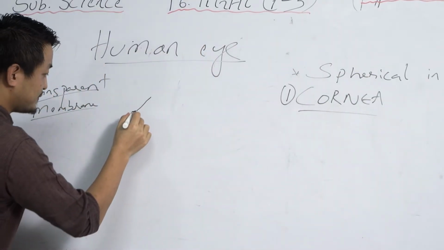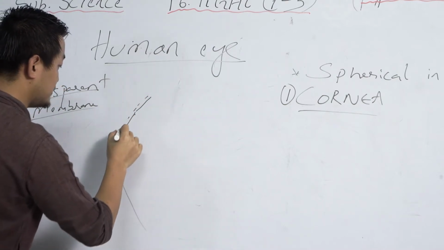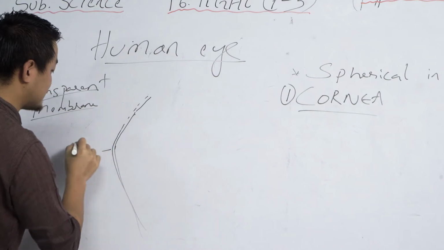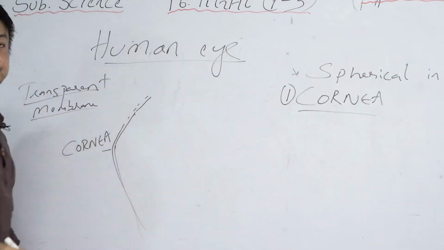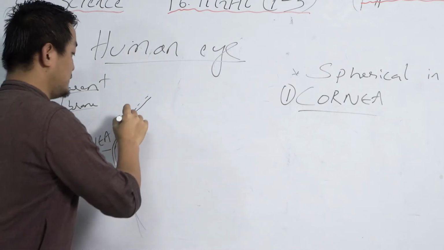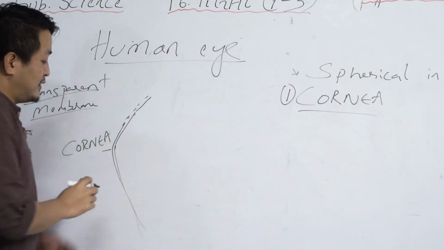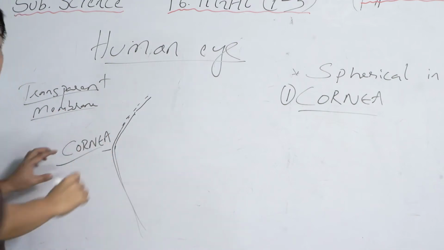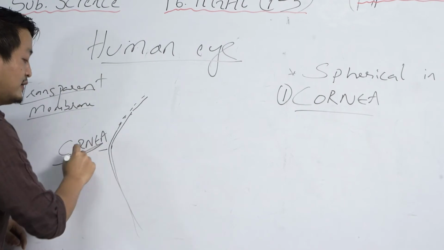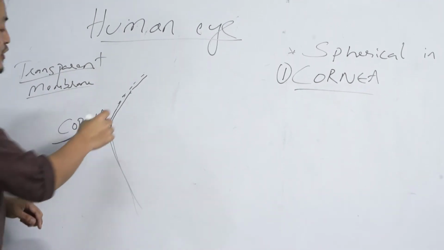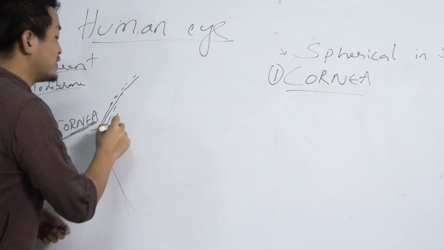So let's say this is just a rough diagram, and this is our cornea. Clear? Now this is our cornea, and after the cornea, just here we'll find a liquid form,